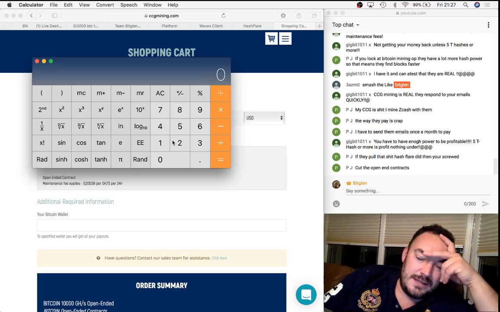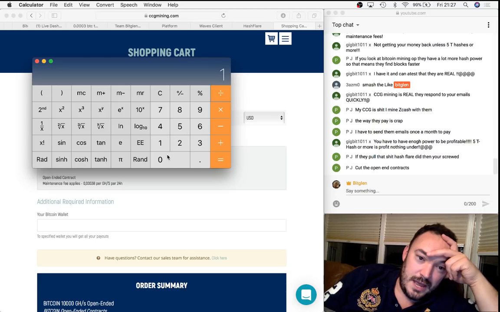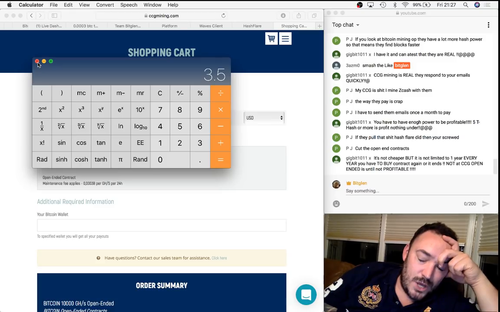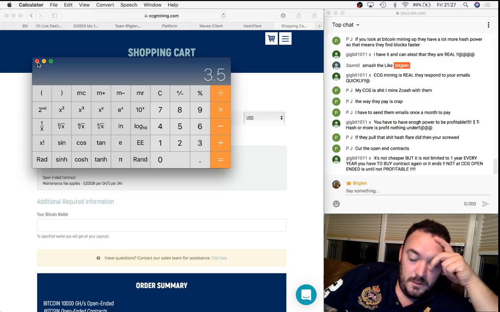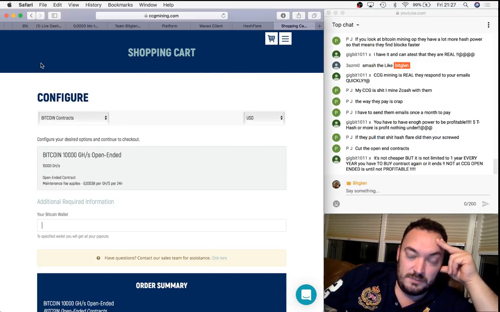If you was to get 10 terahash, 10,000, divide that by 10, so you've got to do 1,000 times 0.0035, $3. So CCG Mining's daily maintenance fee is 30 cents per day more expensive,